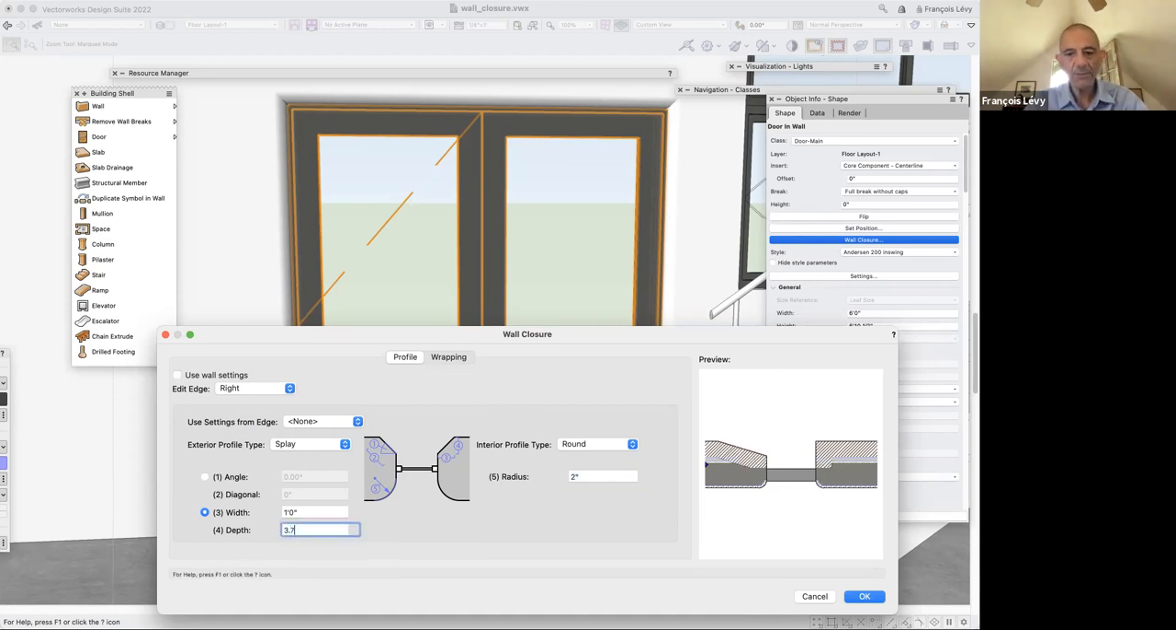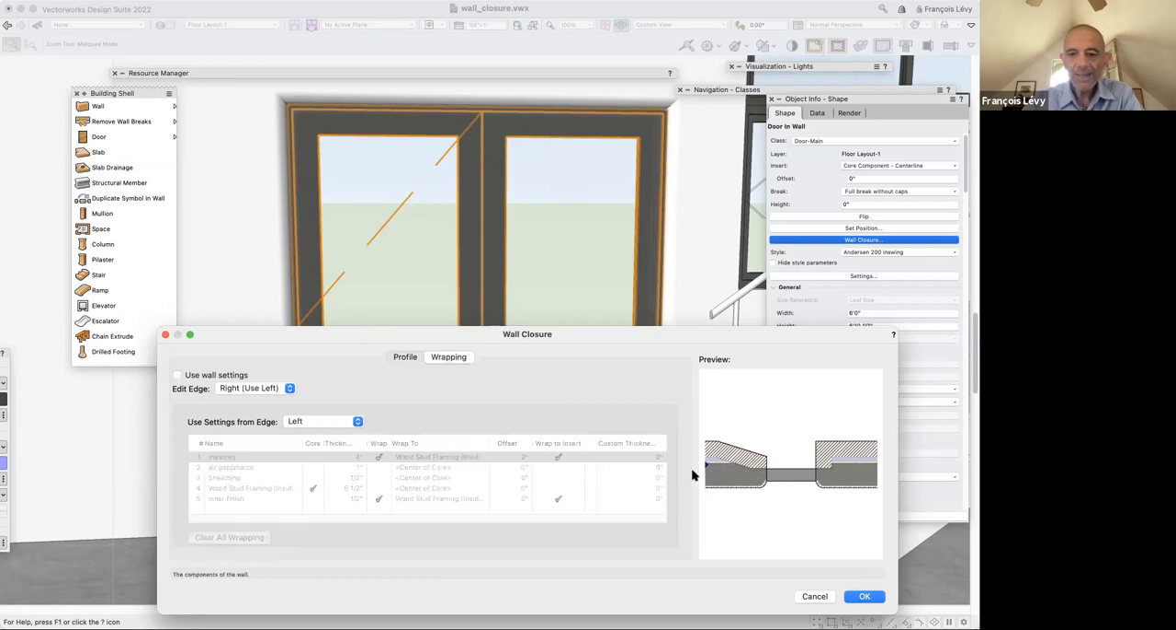So we'll just say 3 3/4. Okay. So now you can see that it's returning all the way to the window, which is how you would probably draw this in plan. And then it follows that same return condition over here on the right. And if I don't like it to return all the way to the insertion point,